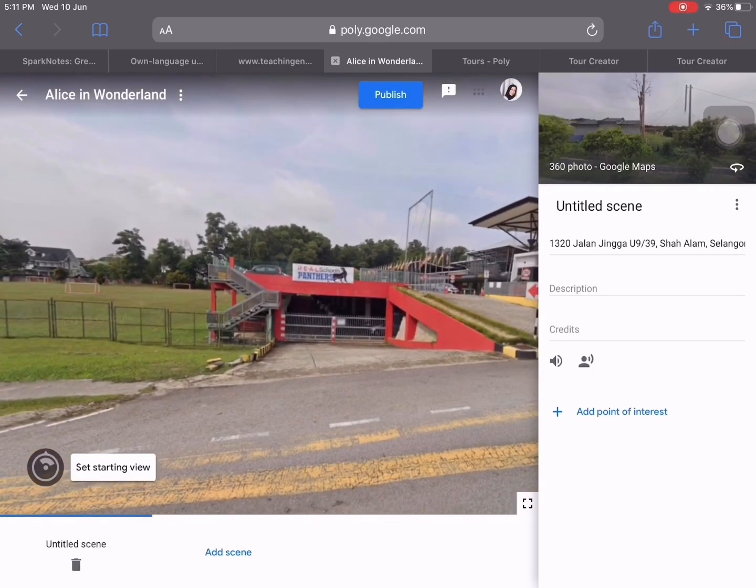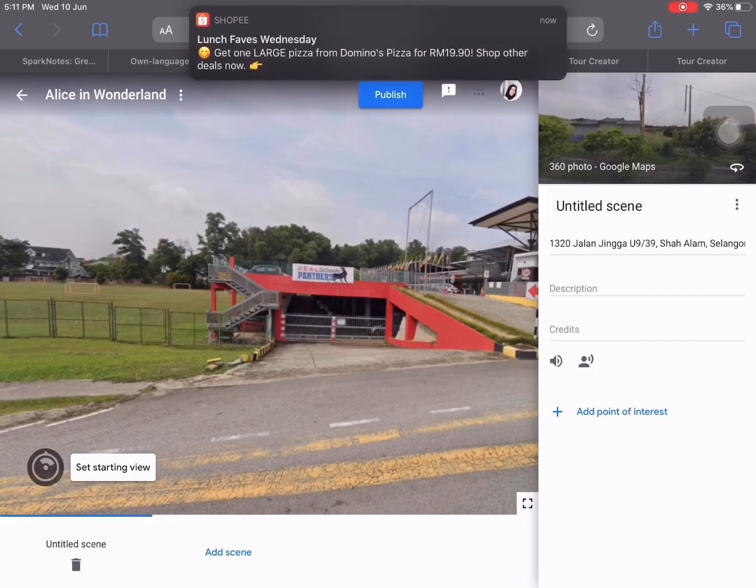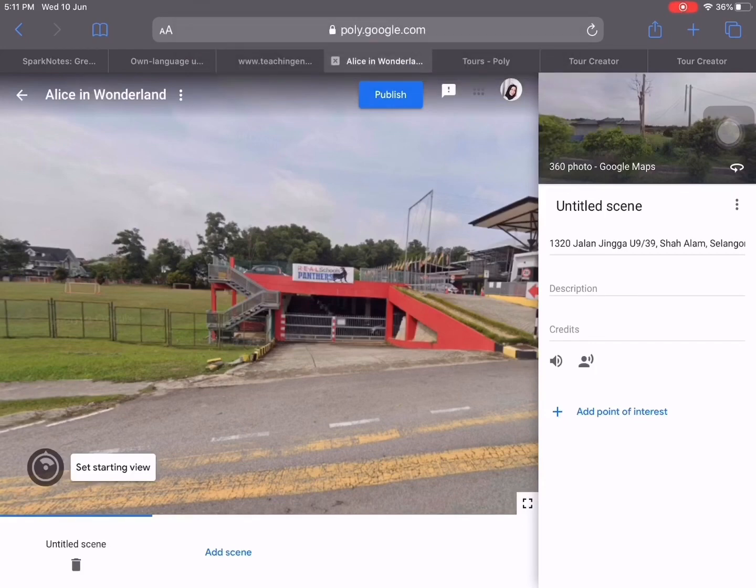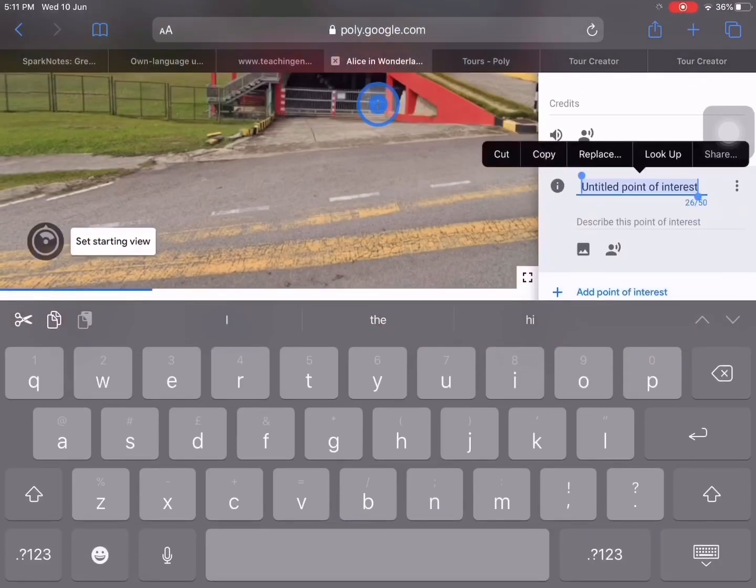Okay, so remember that when we went to the Expedition app, you can see some notes that you can interact with, and there are even audio clips attached. So that's how you're going to be doing it, which is you need to add point of interest. Can you see on your right hand side there's like a plus sign and add point of interest? You click that and then you can put the title. So for example, you're talking about Alice in Wonderland, right? So the starting of the story, supposedly the introductory paragraph of your story